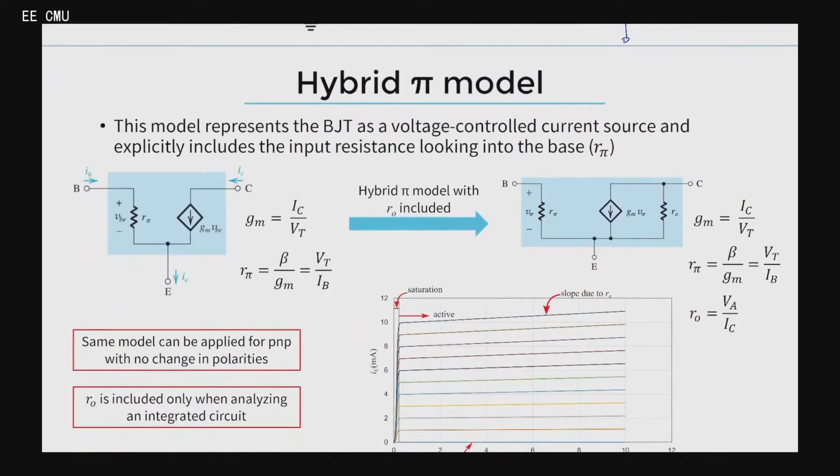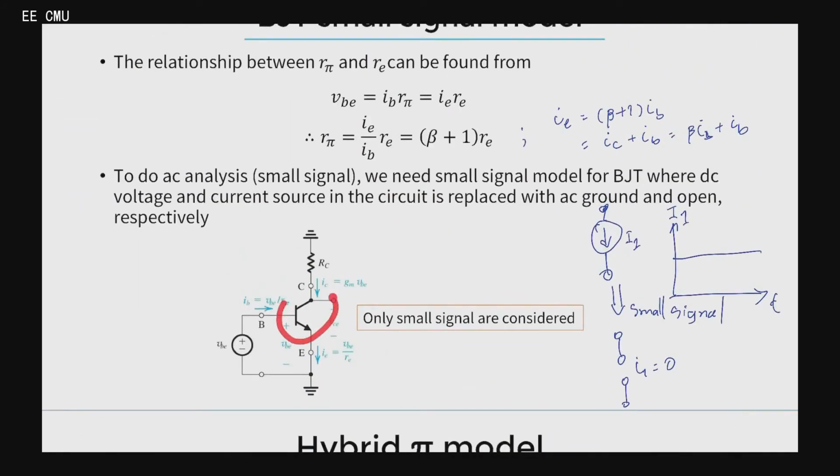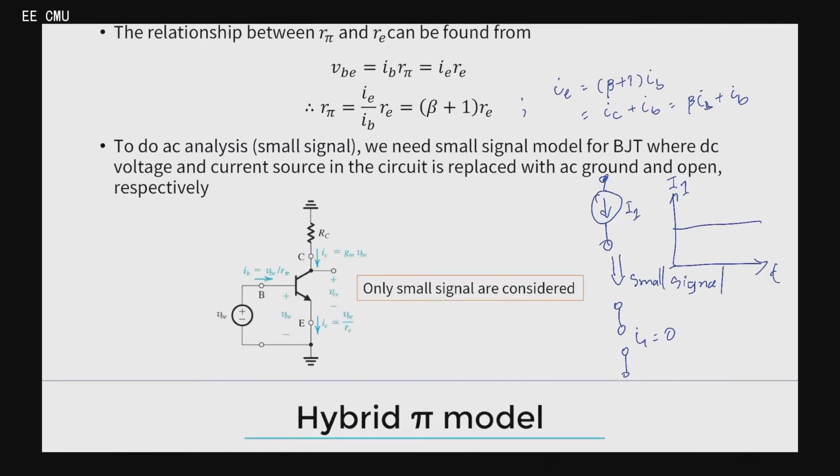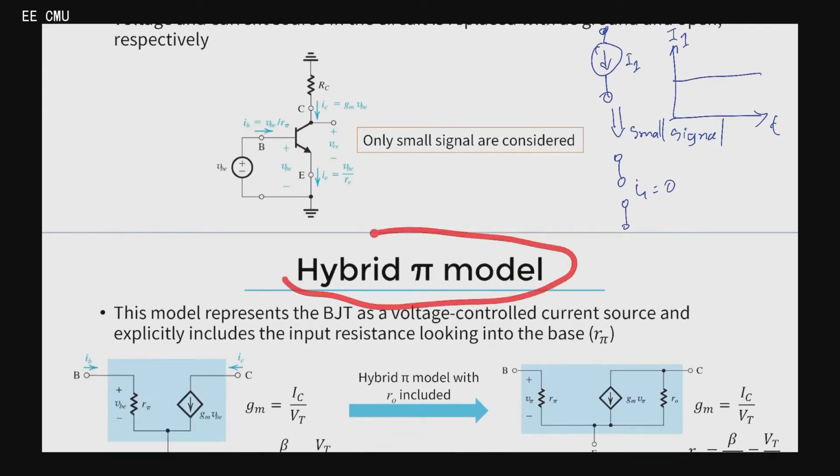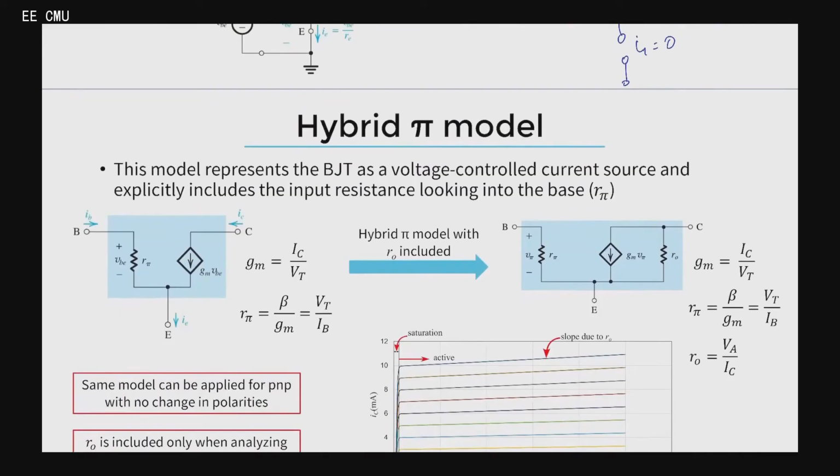Let's take a look at this, but usually we don't just write it like this. Right now we have replaced all components with the small signal model, leaving only the BJT, right? So we replace the BJT with the first model, which we call the hybrid pi model. It looks like this, right?